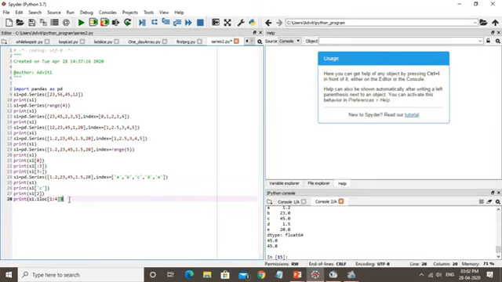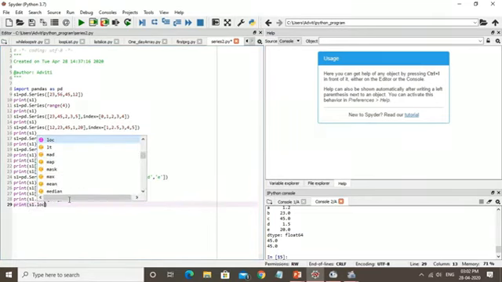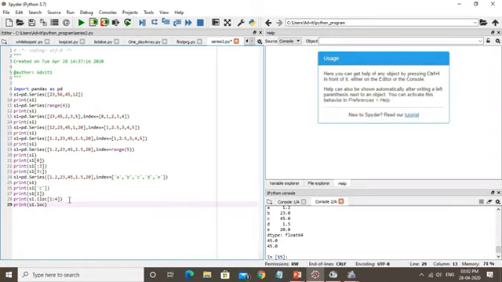Then I am giving print S1 and using the function LOC, LOC indicates the location, and I am writing here B colon E. Okay, fine. Now check the output. Now you can see the functions ILOC and then LOC. Just a minute, I'll show you the output correctly.